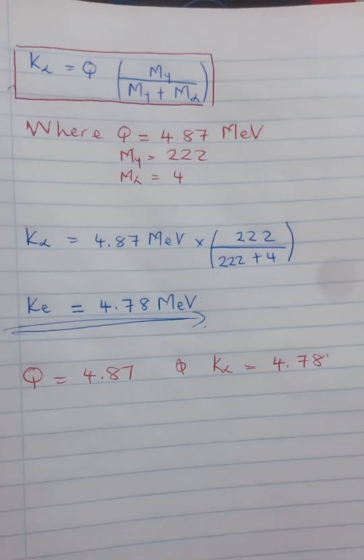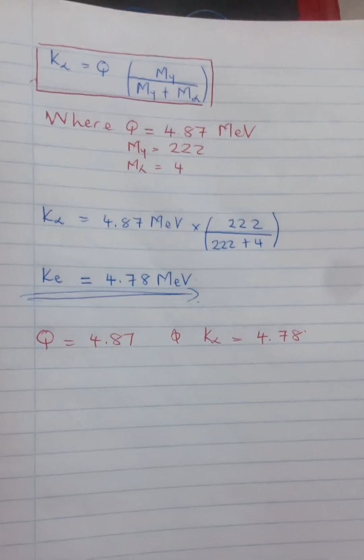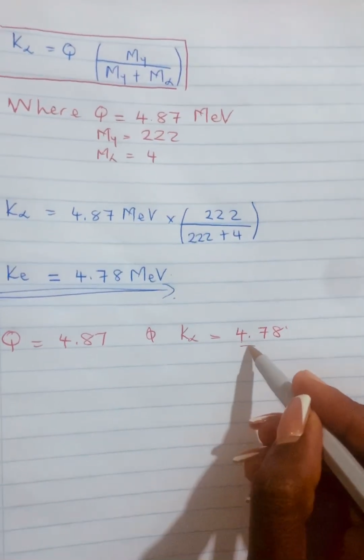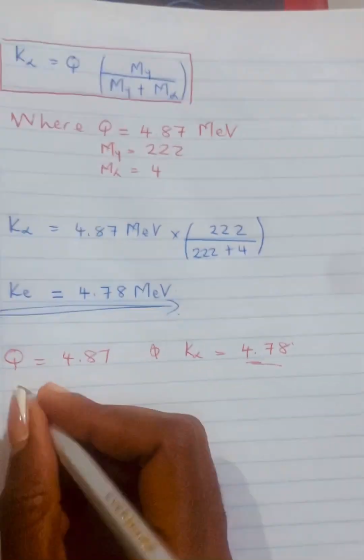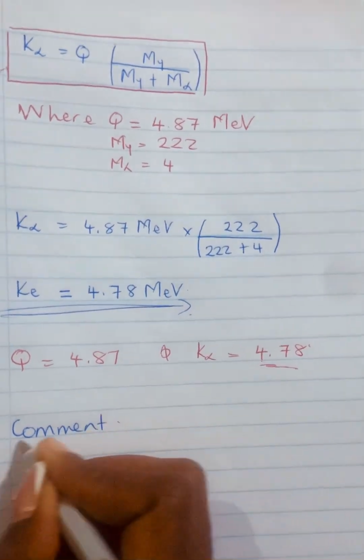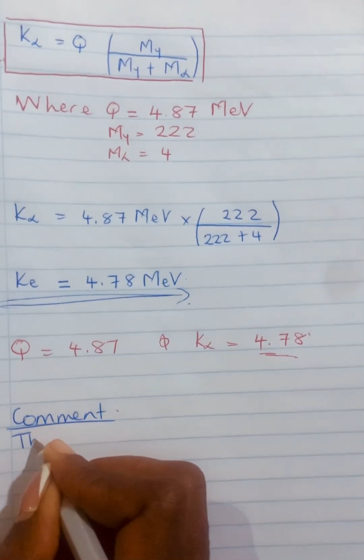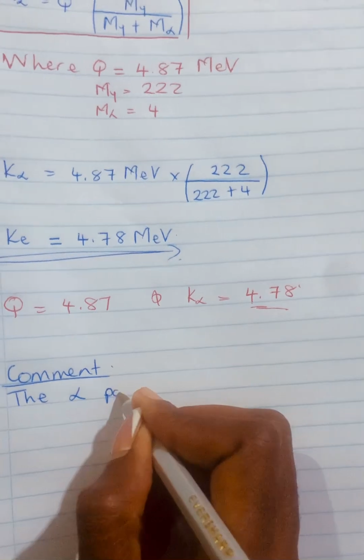This shows that the alpha particle carries away most of the energy available in this decay. So my comment is the alpha particle